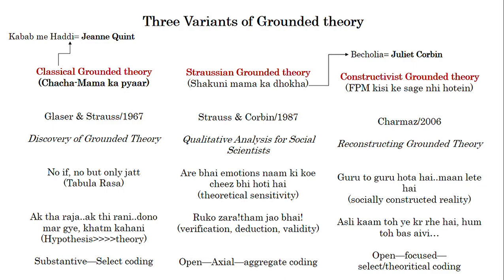So this is one of the seminal papers. If somebody asks you which one is the seminal paper for grounded theory, and you have to cite one, The Discovery of Grounded Theory would be the one. Though you can even cite the 1965 paper, that is not basically the work where grounded theory as such was proposed, but more of a qualitative research.